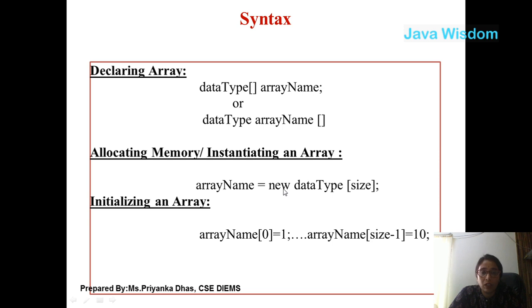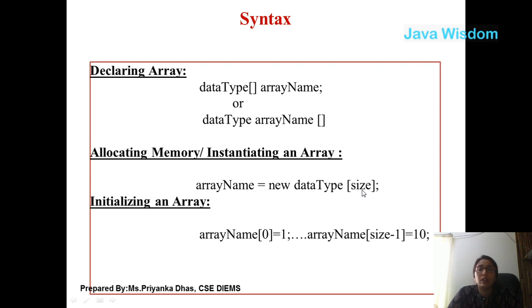Whenever the new keyword is used, that means you are allocating memory dynamically. So the syntax is, on the left side you give your identifier, which we have given as array name, is equal to assign memory for how many elements. So new, which indicates dynamically allocating memory, then a data type, which indicates any primitive data, and next, within a